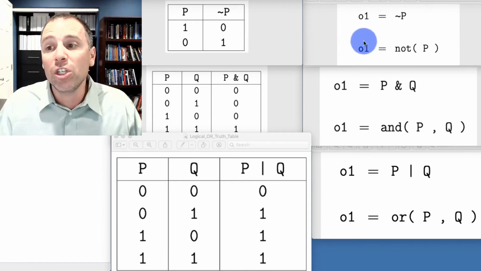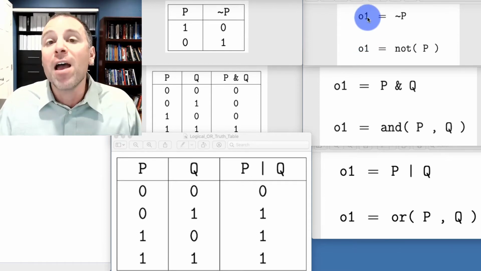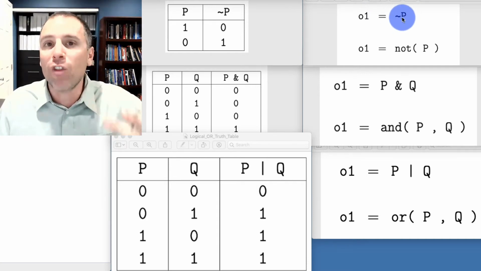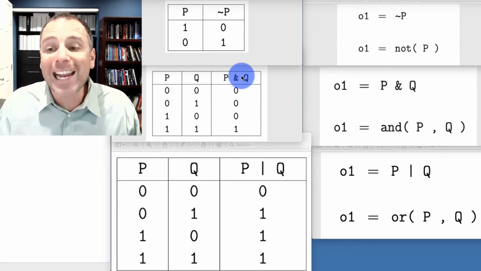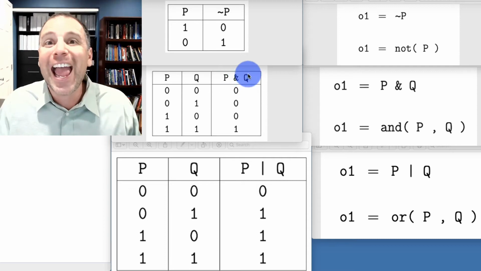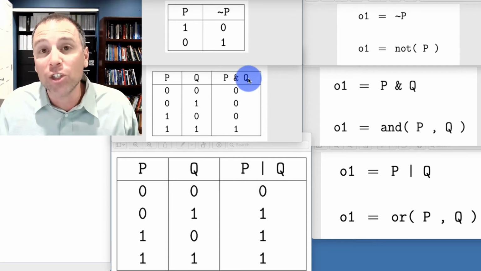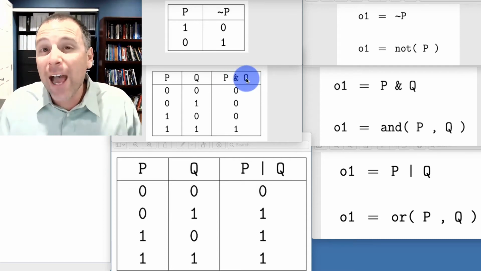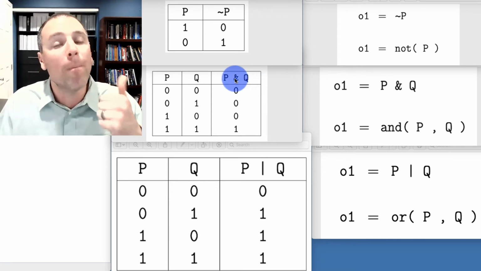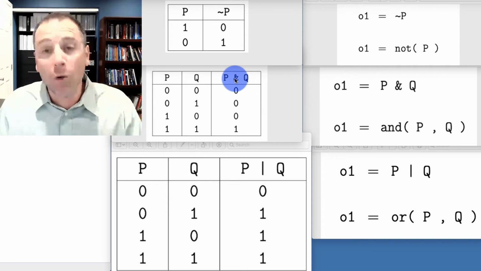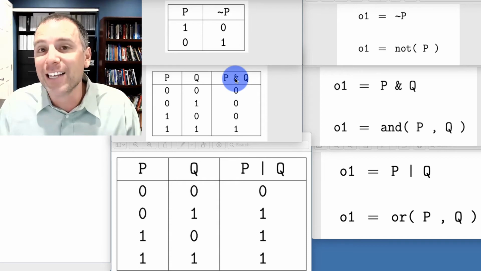The output associated with each of these, we're calling this O1 for one output, took the same dimensions as the input, it just flipped the symbols. When we move down to the AND operator, notice this is a binary operation because on the left and right side we had logical variables as the input. Right now we focused on those logical variables having identical dimensions, so it could be both logical scalars, both logical vectors of the same sizes, or both logical matrices having the exact same dimensions.